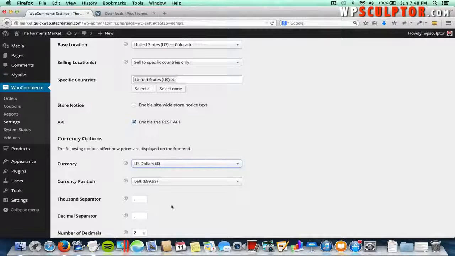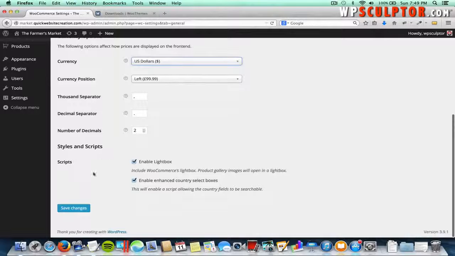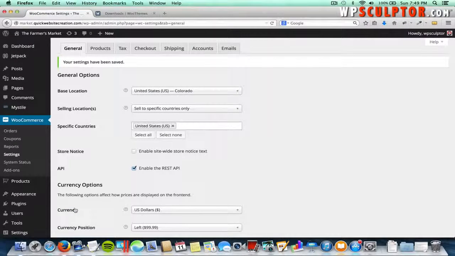And that's US dollars. And then you can play with these options if you need to. Most of the time the default will work fine. And then you're going to scroll to the bottom and click on Save Changes so that these changes take effect. And the next thing I want you to do is click on the Checkout tab